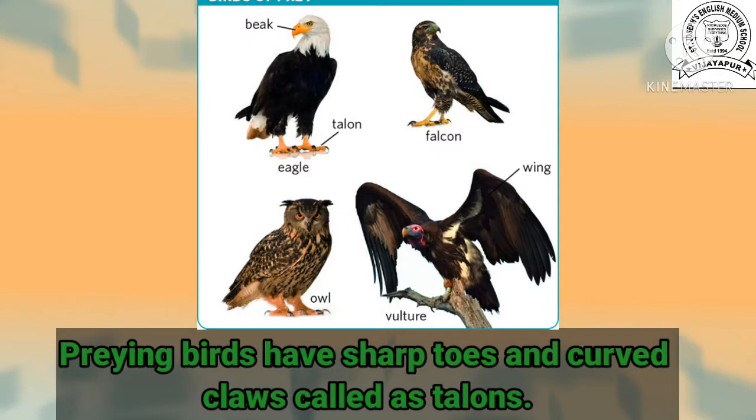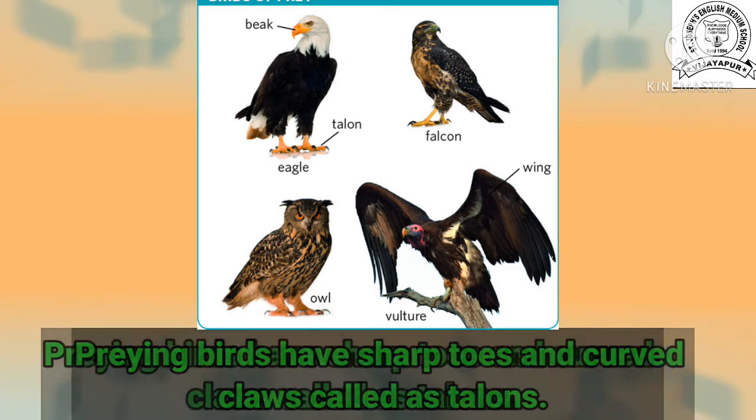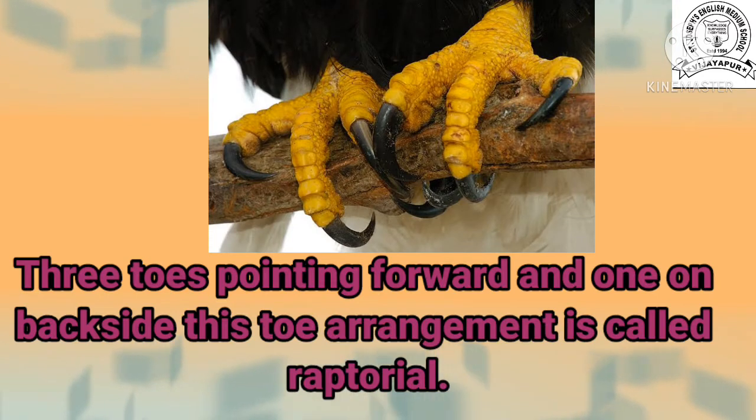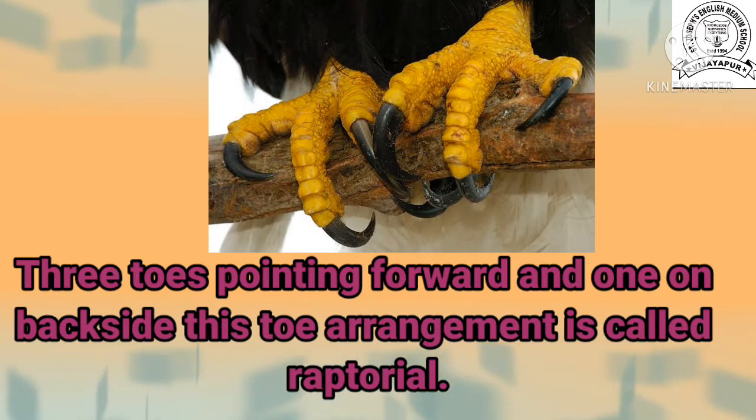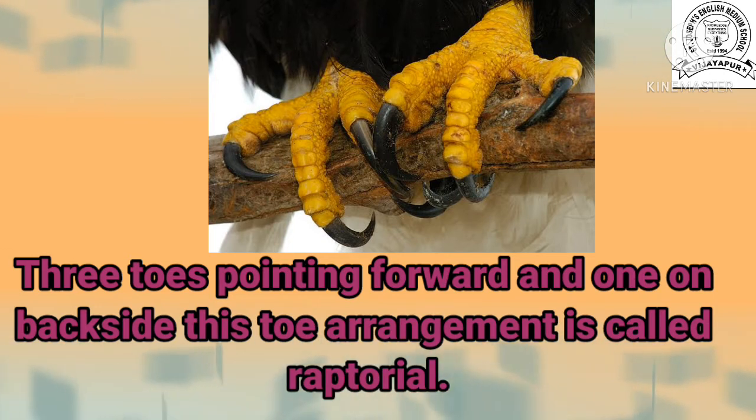The sharp toes and curved claws are called talons. Now these talons are very useful to catch the food. These birds have 3 talons pointing forward and 1 pointing backward. This foot arrangement is called raptorial. 3 toes, 3 talons on front and 1 on back. That arrangement is called